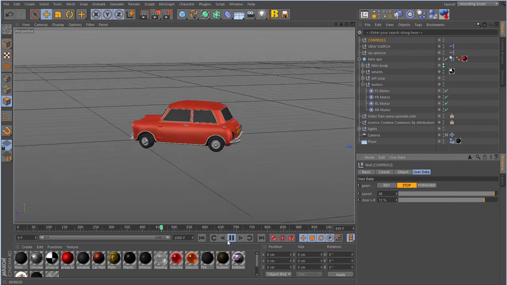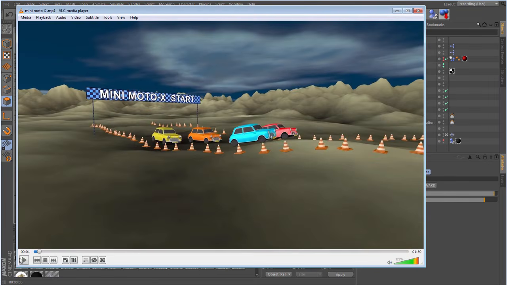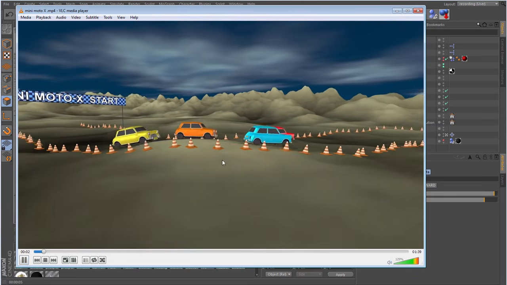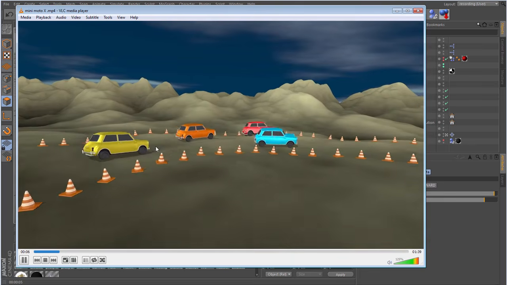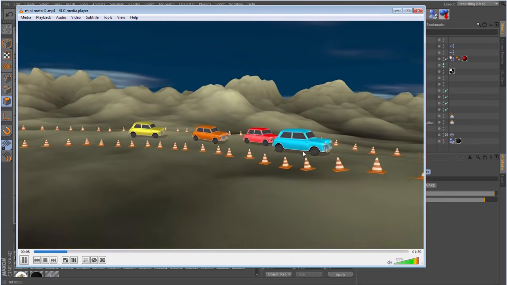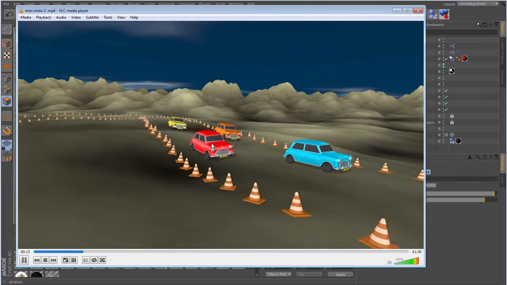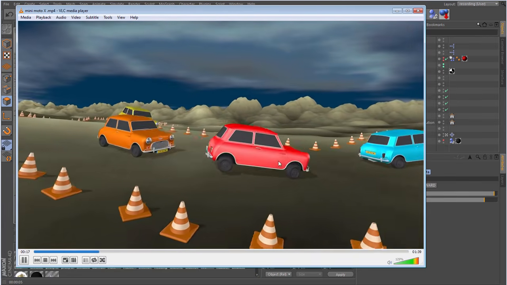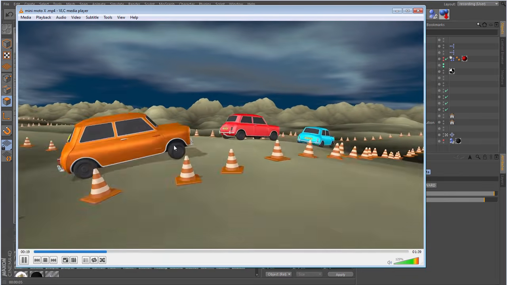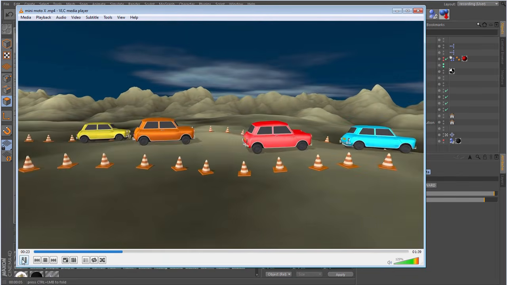Now I've got a movie here and you can see this little Mini in action. Okay, I've got 4 mini cars here and they're all having this kind of a race across some bumpy terrain, and these cars are all steering themselves. They've got this kind of automated system that I'll be showing you later on where you can choreograph a race like this, and these cars, they're all running under dynamics and steering themselves. You know, they're not on splines or anything, so that's the kind of thing I'm talking about.